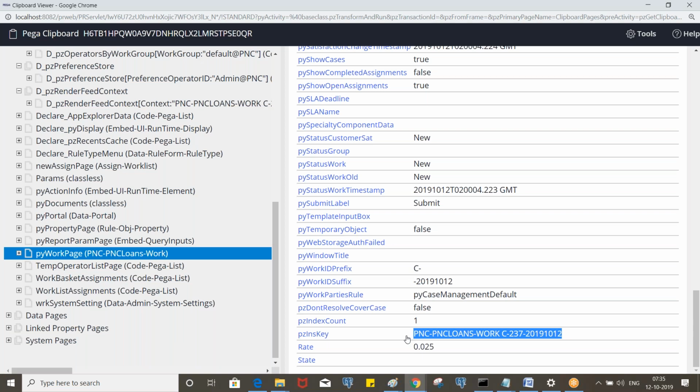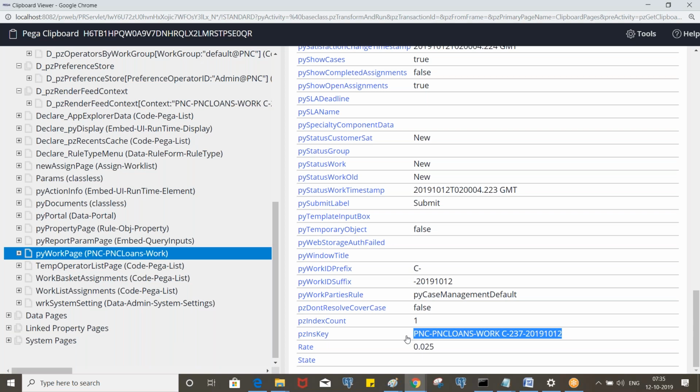You just need to process them one by one, so you need to use a loop, take the first record and update, then it will loop to the second record and update each record. In that case, you will have the pzInsKey available on the pages, on the instances on the clipboard, and we take that pzInsKey and pass it to Obj-Open-By-Handle.